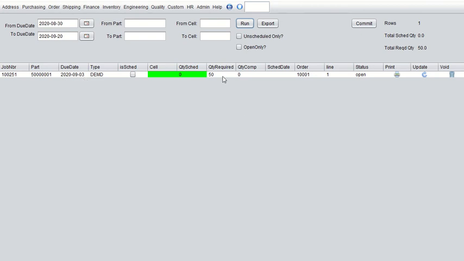Okay. So the only two things you have to add here really is the cell, the operation that's being performed at. Let's say it's operation GG, for lack of anything better. And we're going to schedule a quantity of 50. Now you can also go ahead and key in the schedule date. If you do not key in a scheduled date, then it'll choose the date that this planned order is due. Okay, once you've got those two pieces of information, click commit,